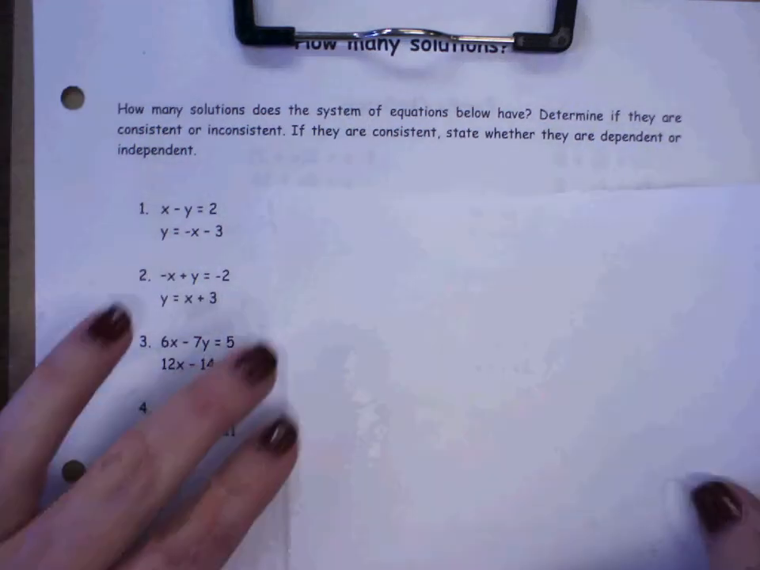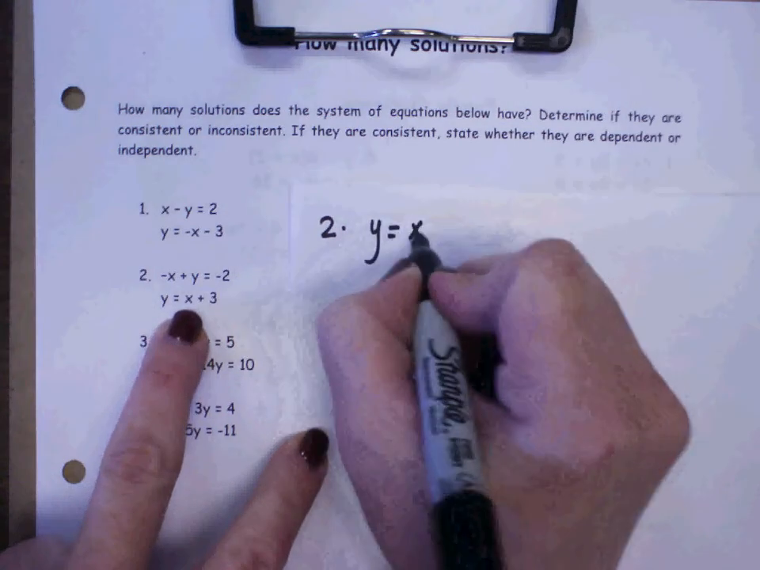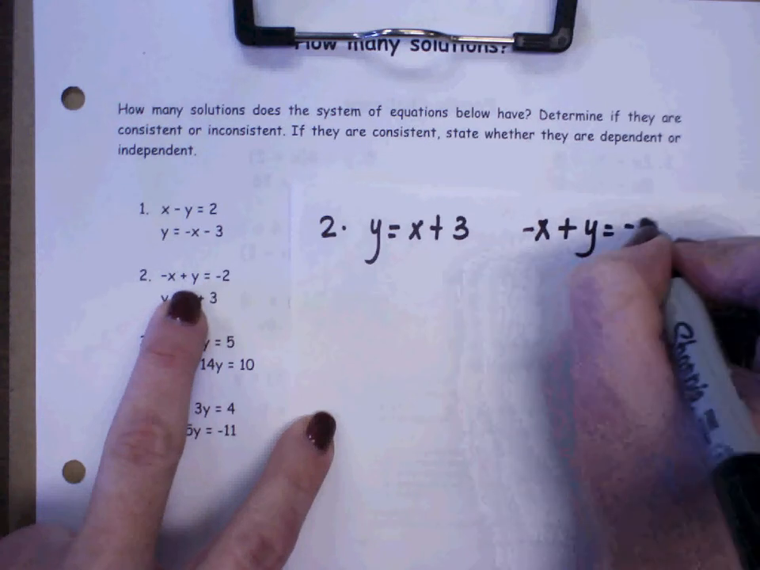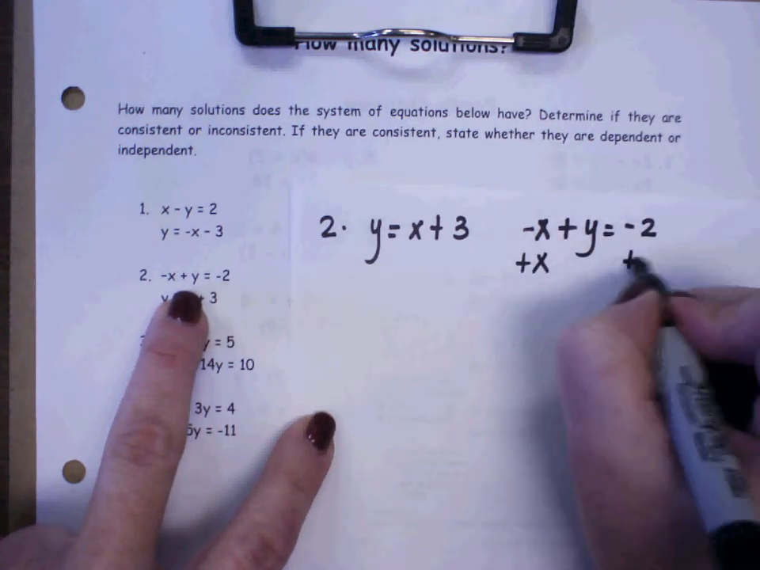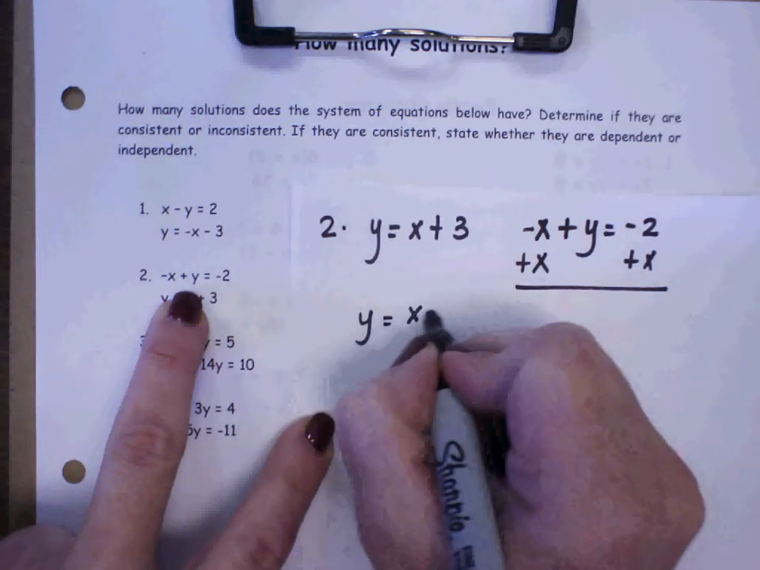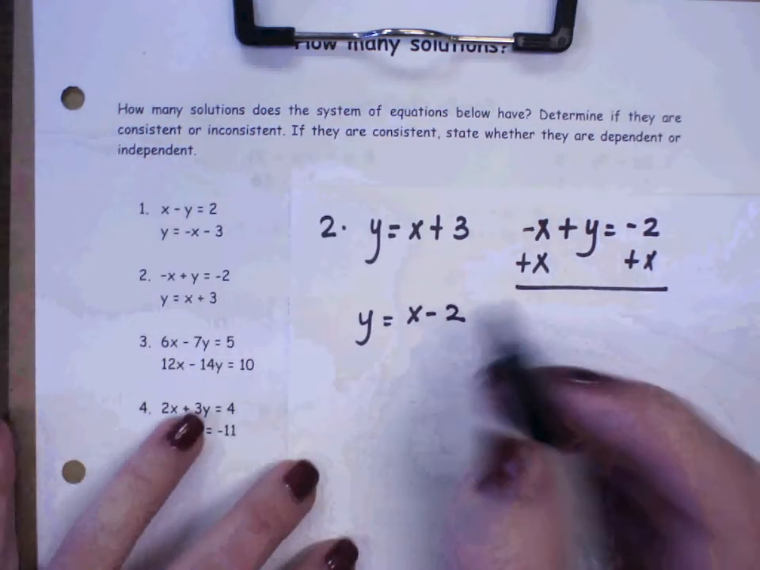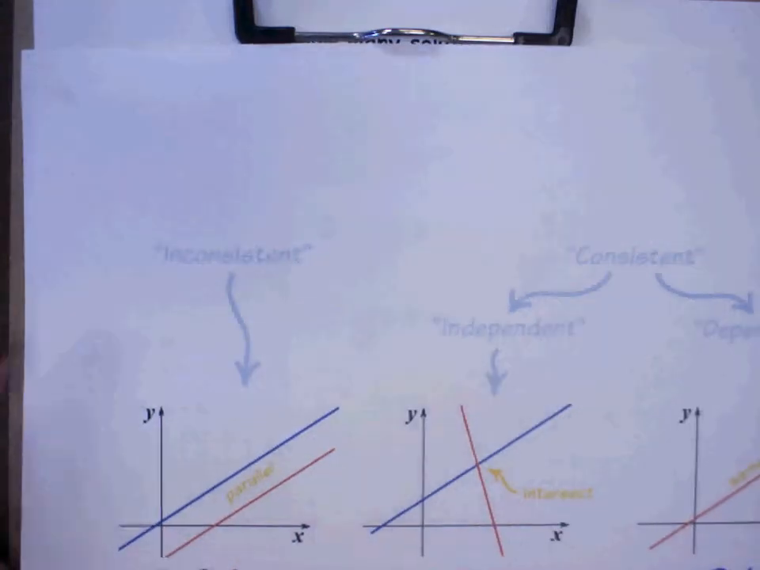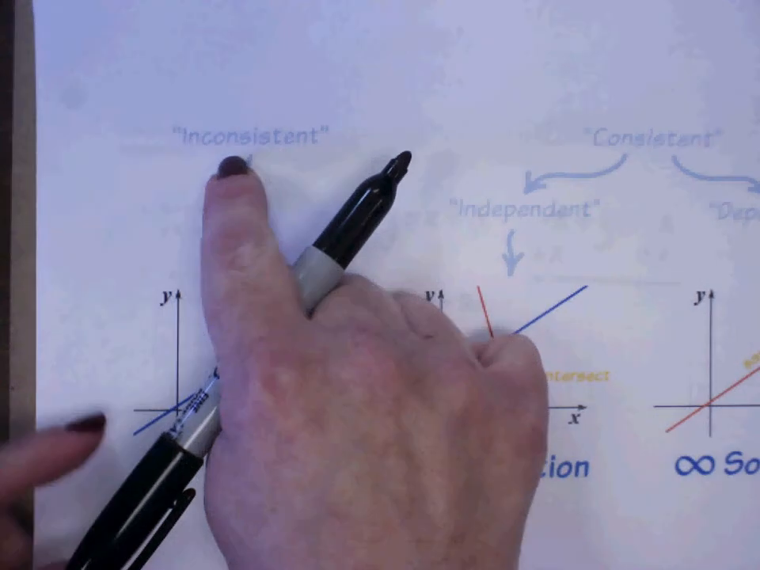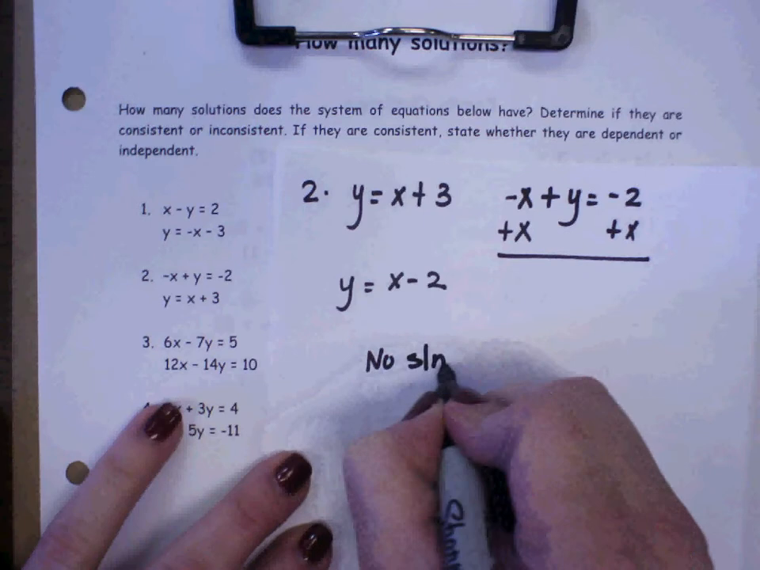Let's go to number two. The second one is already solved for y, so it's x plus 3. But the first one, we're going to have to solve for y. So in order to solve for y, I'm going to add x. So that ends up being y equals x minus 2. Now these two lines have the same slope, so obviously they're going to be parallel lines. So if they're parallel lines, they have no solution and they're considered inconsistent. So for number 2, it is no solution